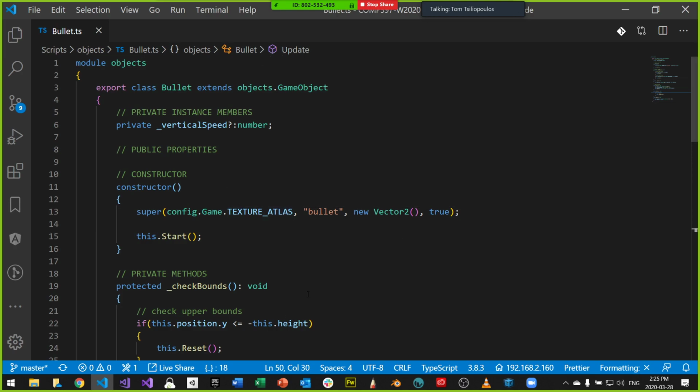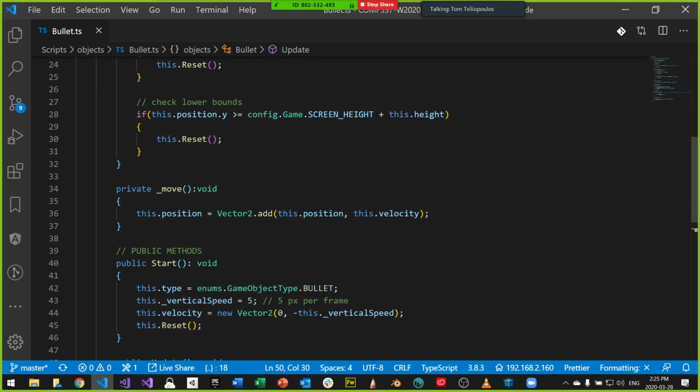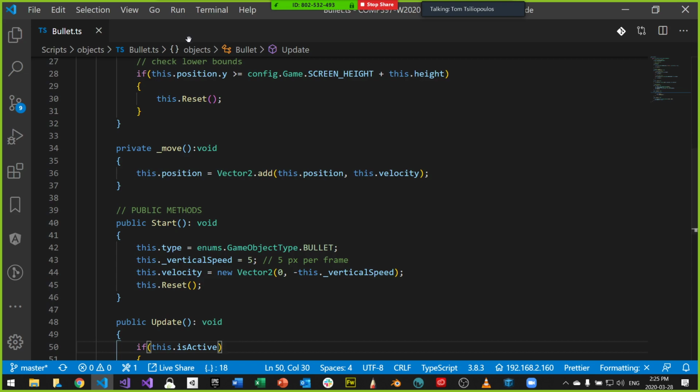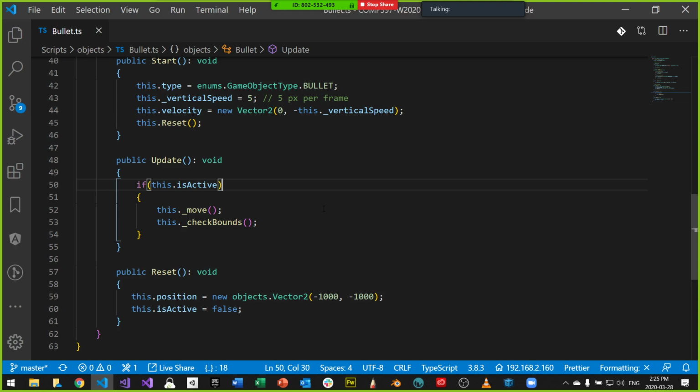Okay, so that's really the bullet class for now. That's all it does. It just makes a bullet and then it just fires up. This is a little bit concerning, but we'll talk about this in a sec. So, questions around bullet.ts and what it does? I'm looking to the chat window if you want to add anything in. Okay, so no questions. I'll continue.